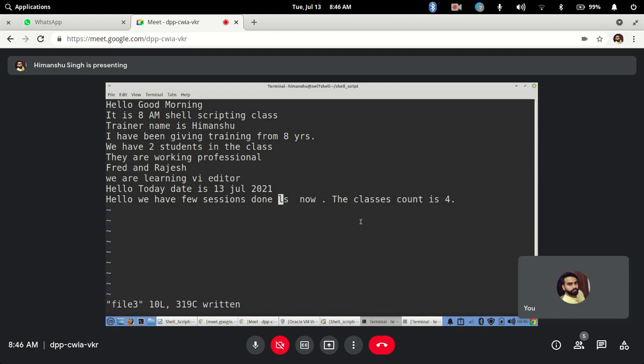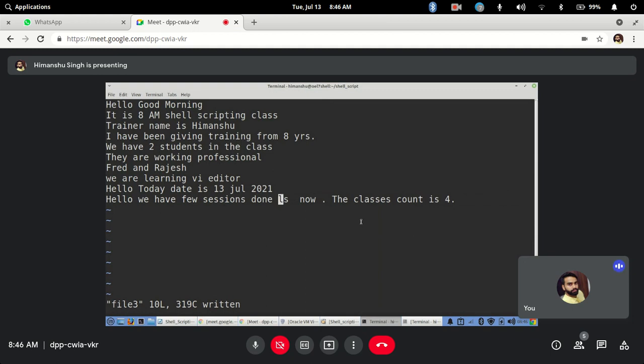Okay. Now let's say I want to delete a word. An important thing: space is taken as the separator that tells when the next word starts. So I want to delete from the current cursor till the next word is found.